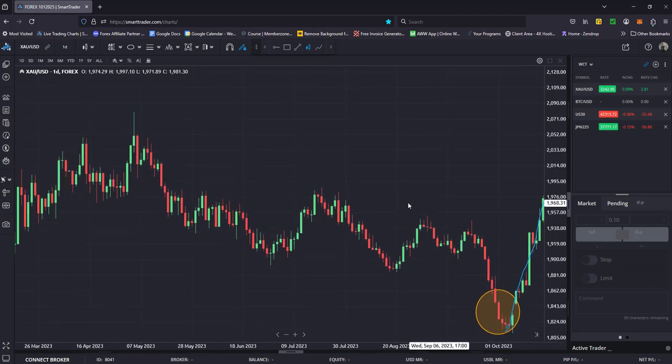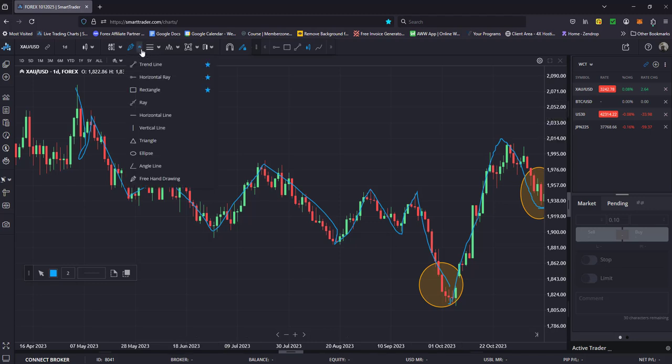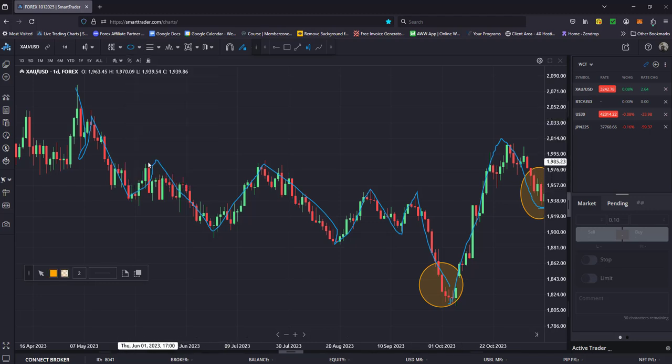So within this move right here, again, let's do the line chart first. We can see that the market pushed down, corrected, pushed down, corrected, pushed down, corrected, down, corrected, down, like this. And if that's the case and I'm looking to sell this market, I want to sell at the levels that formed. So if these are the lower lows,